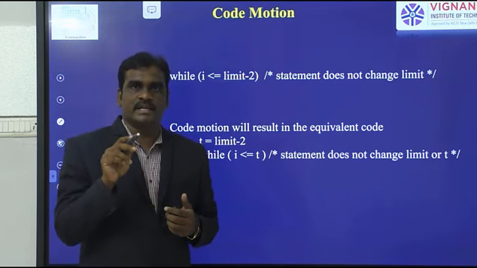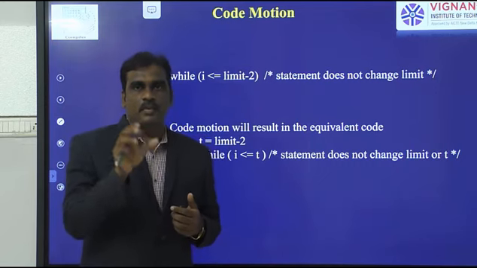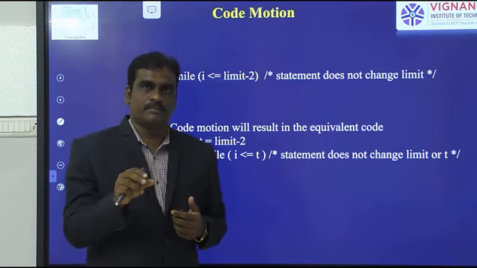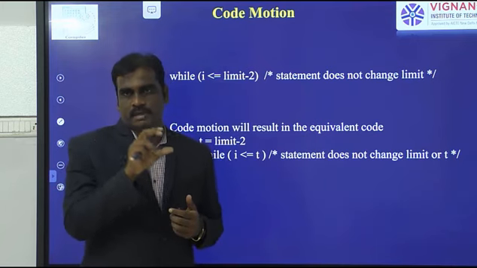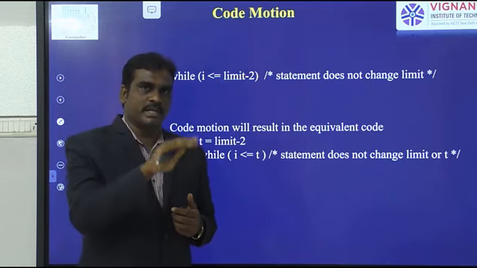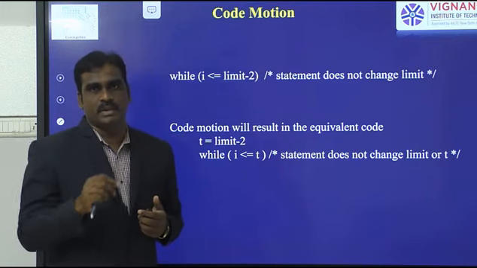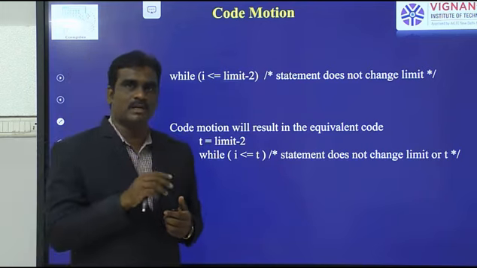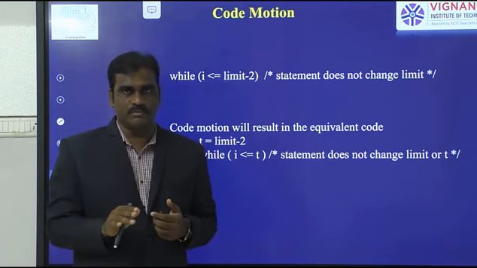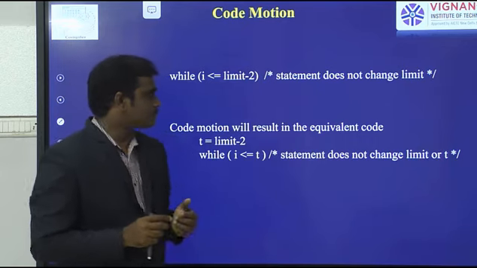Suppose an instruction need not change its values, then we can simply remove that instruction from that block and keep it right outside the block. So that's why we can call it a loop invariant computation. Some of the statements do not depend on the loop, that is, they are independent of the loop. Those statements you can write outside the loop.